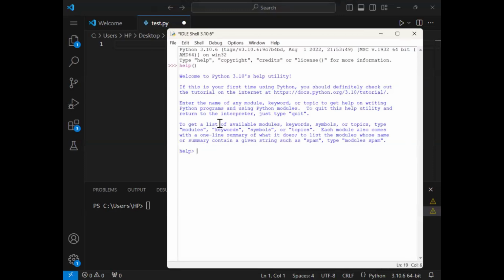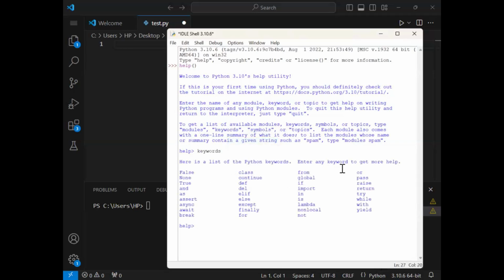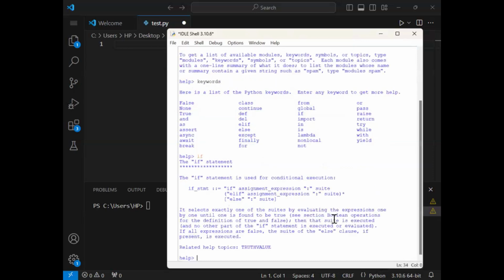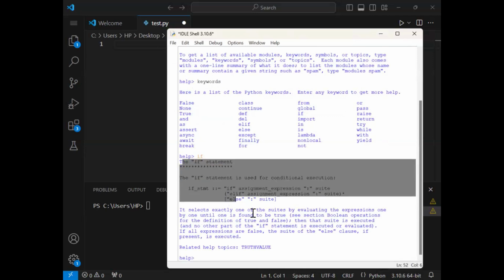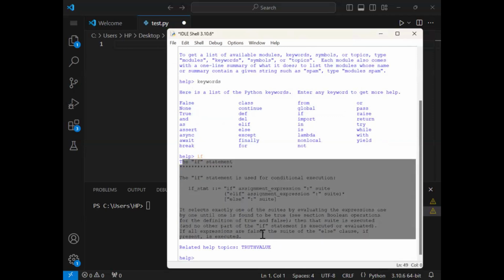It says write down some keywords, symbols, topics, and I will give you the answers. Let me write keywords. You can see there are a lot of keywords coming up. Let me use if. You can see it is telling me what the if statement is.